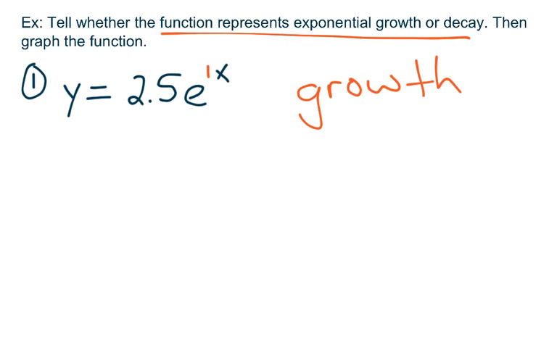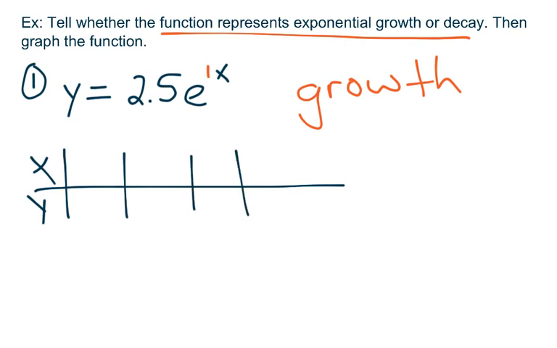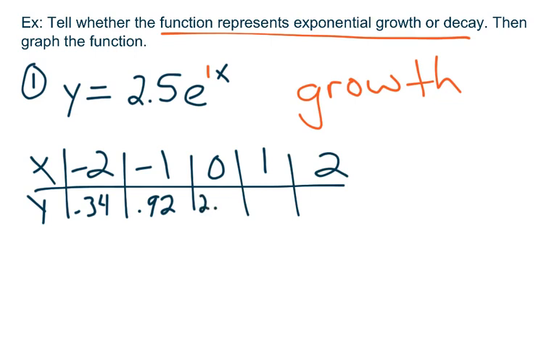Okay, what we should do, though, so we can graph this accurately, is come up with an x y table. The x values that I would use are my standard 5: -2, -1, 0, 1, and 2. How do you get the y values? Well, you got two options. You can either plug those x values into your function and get y, or you can type this function into your calculator in the y equals screen, go to the table, and get the values from there. You can round to 1 or 2 decimal places, totally your call. 0.34 would be here, 0.92, this is 2.5, 6.8, and